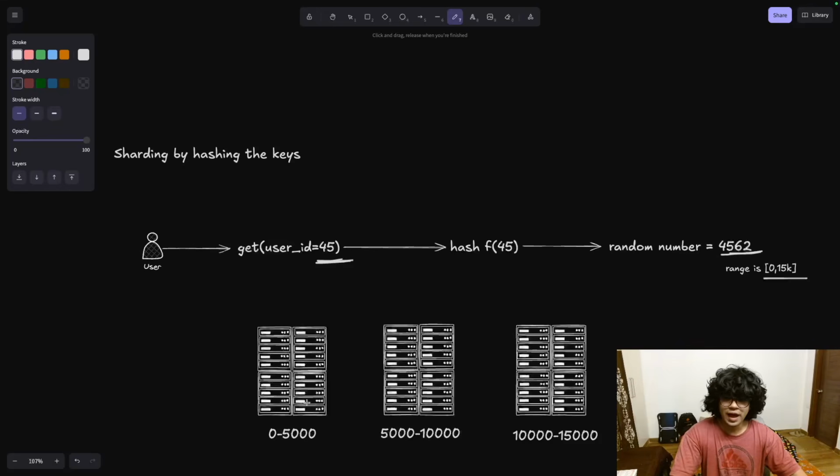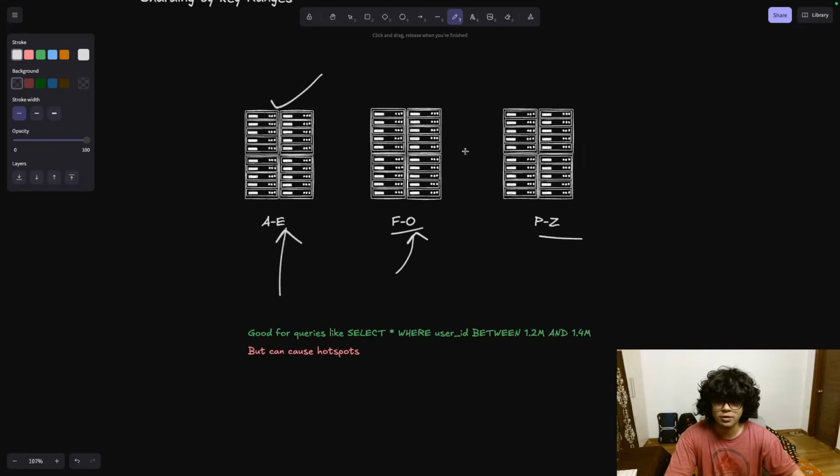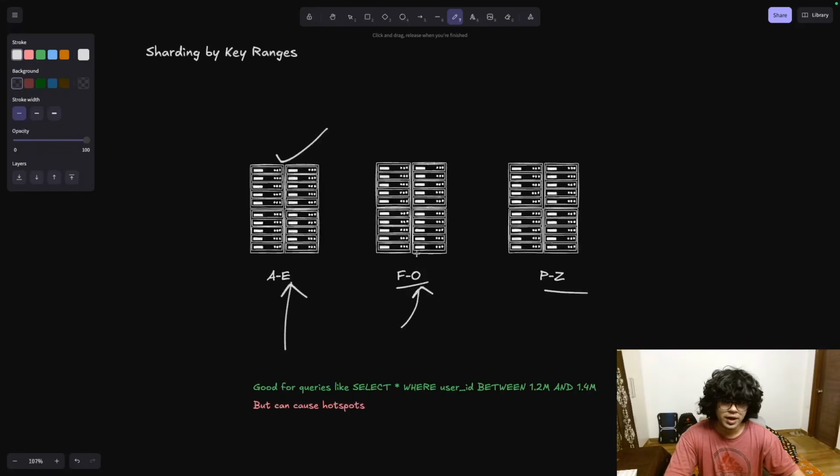And we have sharded our database in the way that 0 to 5k are going to live on shard A, 5k to 10k are going to live on shard B, and so on with shard 3. Now 4562 is between 0 and 5k, so that is directly going to the first shard. So this user's query will not even hit these two shards. It will hit this shard and the user will get their answer. Now why is this better? How does this solve the problem that we saw above, the hotspot one? It's a pretty simple explanation for that. So my name is Aryan, and some other person's name is, let's say, Abhinav.